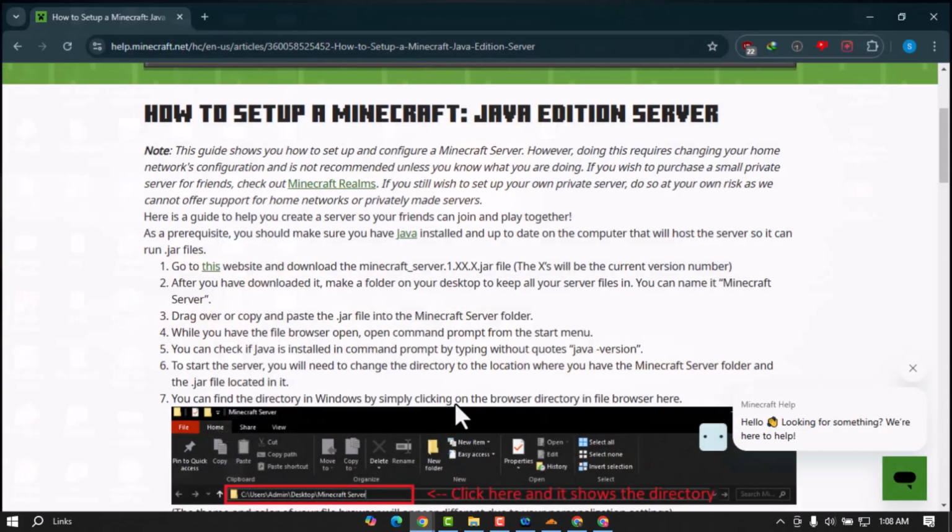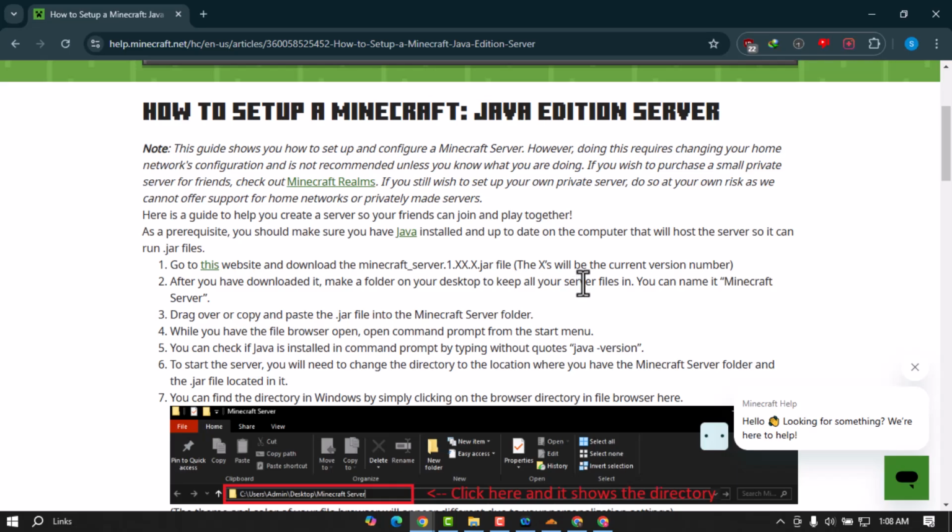So, to set up a Minecraft server, you have to go to this website and download the Minecraft server 1.xx.xx.jar file, where the x's will be the current version number. After you have downloaded it, make a folder on your desktop to keep all your server files in. You can name it Minecraft server, and then copy and paste the .jar file into the Minecraft